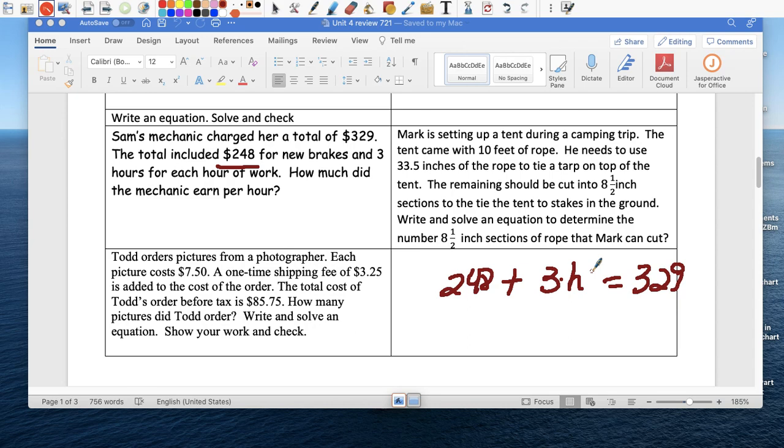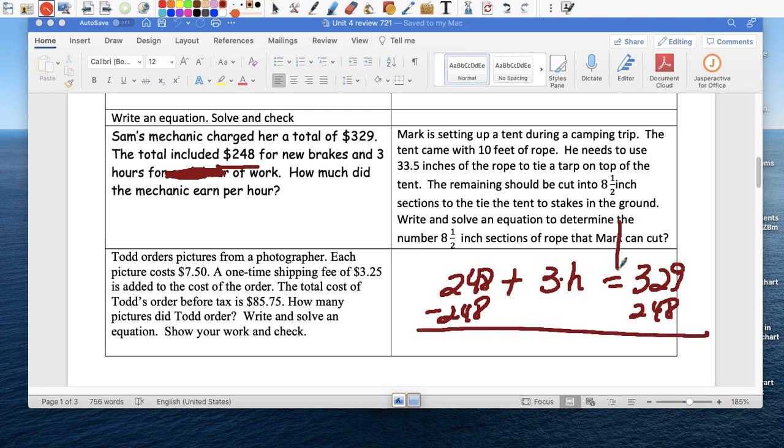How much did the mechanic earn per hour? There's something written wrong here. It should say: the total included $248 for new brakes and 3 hours of work, and the mechanic earned the same amount for each hour of work. That's what it should say. How much did the mechanic earn per hour? So $329 was the total. So out of the $329,